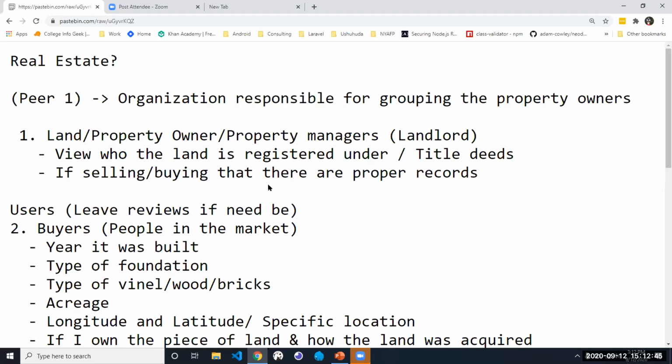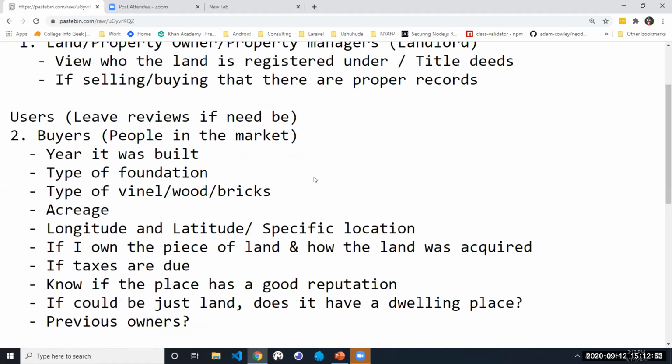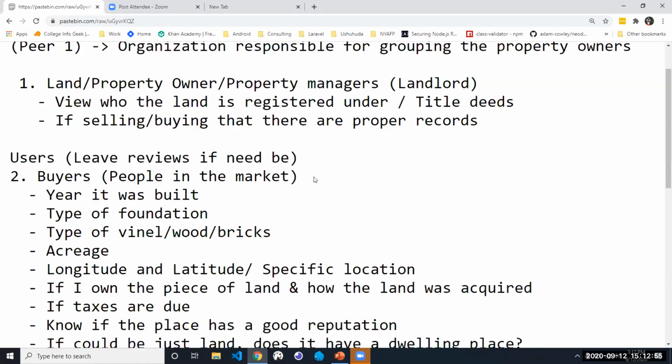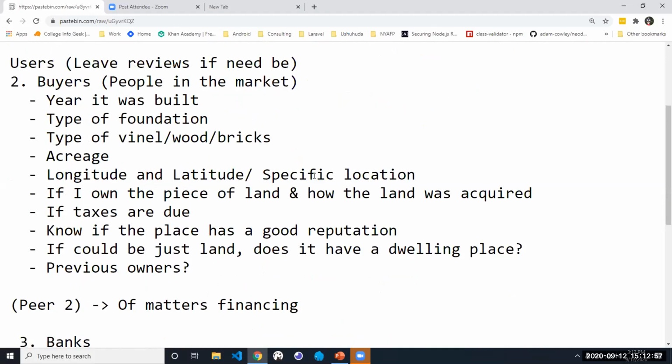So ideally, the property owners are the ones who see who the land is registered under, and then if somebody wants to buy or sell, they have to ensure that there are proper records for that particular piece of real estate that they want to buy. And then we saw that there might also be some users somewhere. Like, let's say if I'm looking for a piece of property, or I'm looking for a piece of land, I am a buyer. So if it's a property, I want to see in which year was that property built,